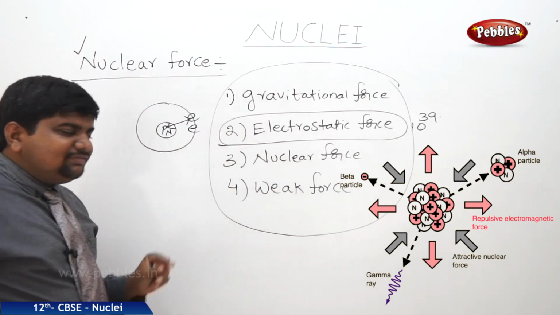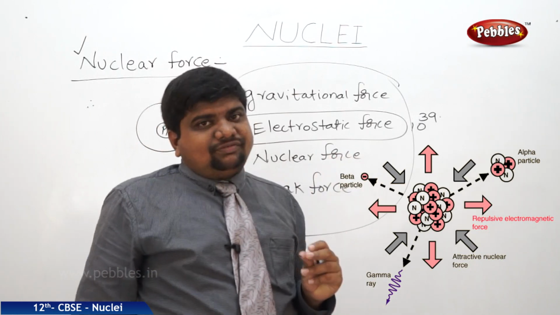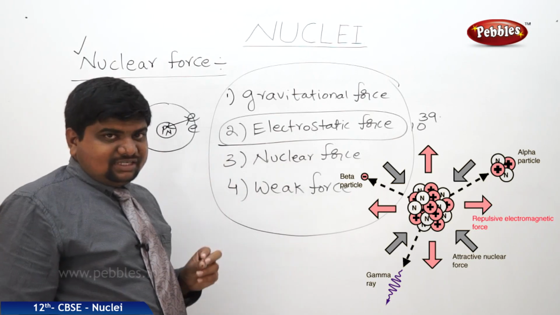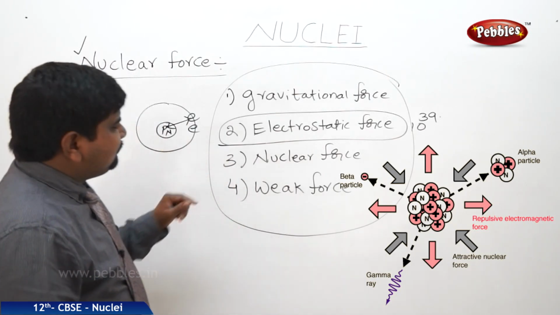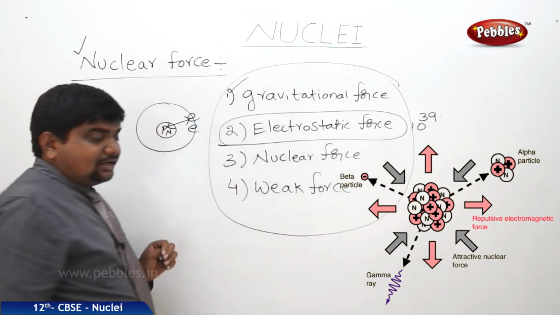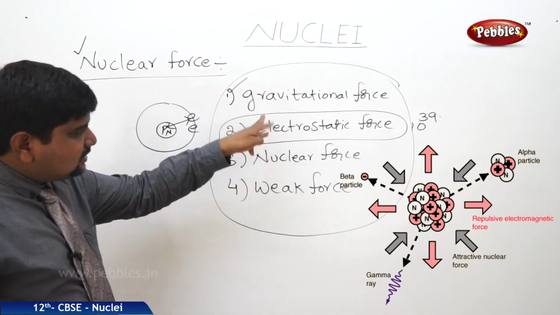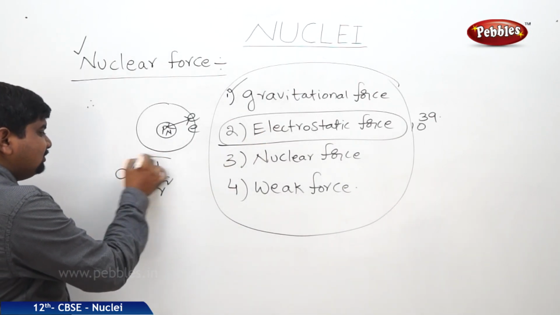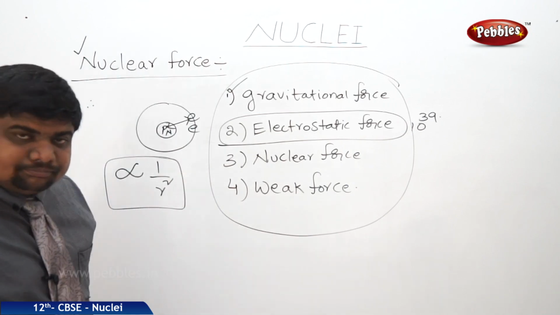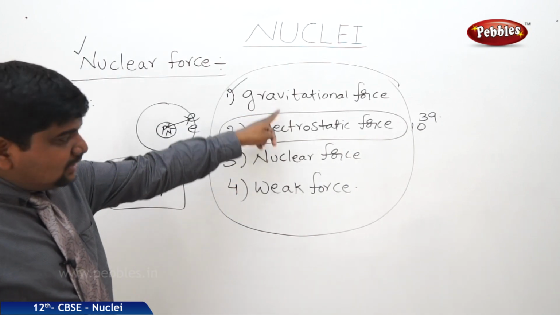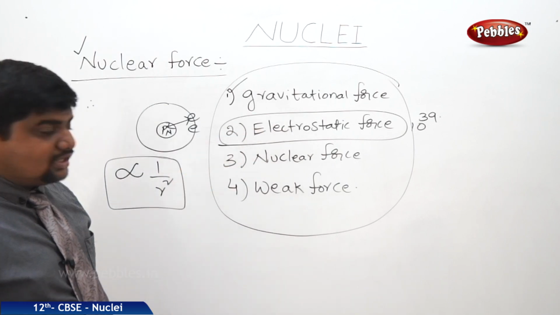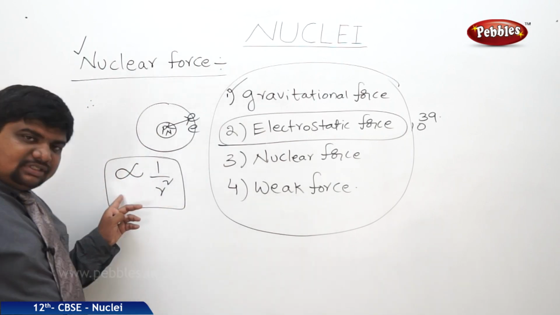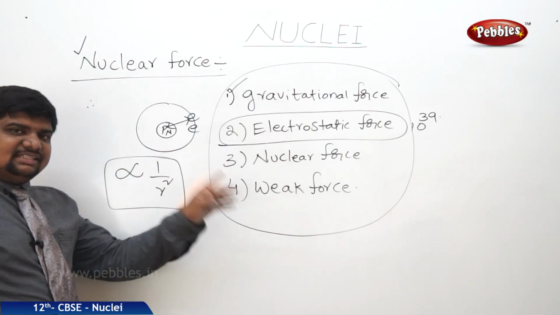There are some physical significances and rules for nuclear forces. Of course, nuclear forces overcome gravitational and electrostatic forces, but the rules for nuclear forces are not the same as for gravitational and electrostatic ones. Any gravitational or electrostatic force is inversely proportional to the square of the distance between the particles. Here F_G is proportional to 1/r², and F_E is proportional to 1/r². So force decreases as the distance increases.